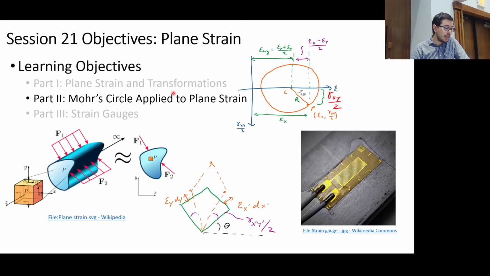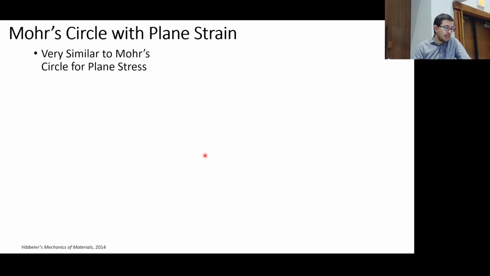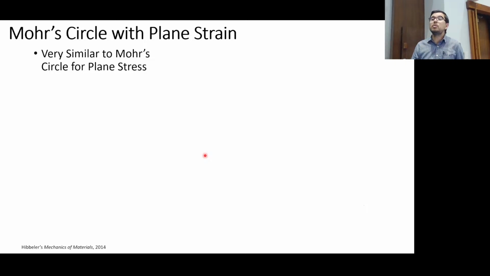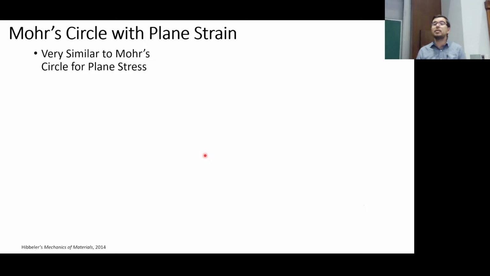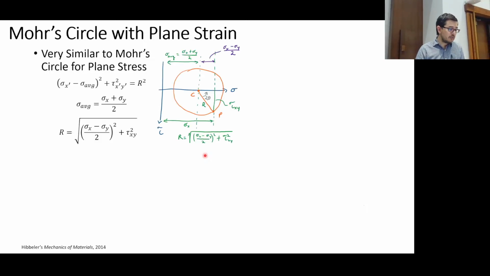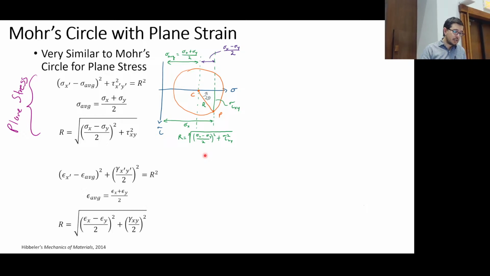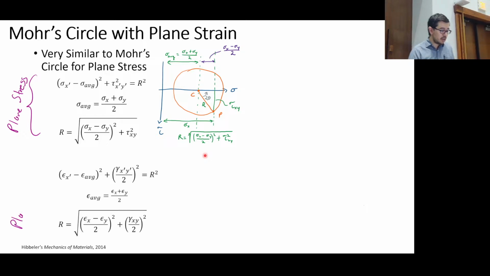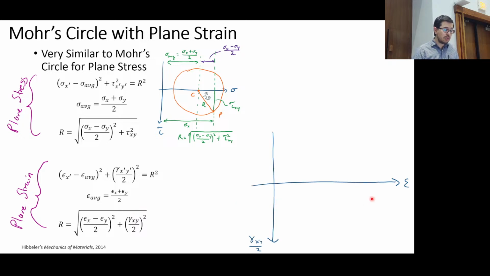And now we're going to use Mohr's circle. No surprise, this is very similar to Mohr's circle for stress, but we're using it with strain. So that was Mohr's circle for stress, and this can be transferred over in terms of the equations to plane strain, and the Mohr's circle then looks like